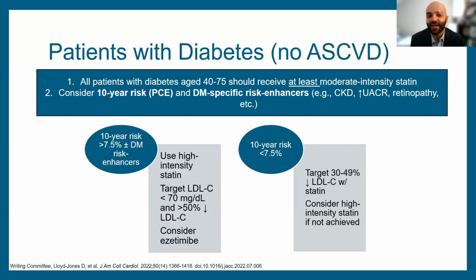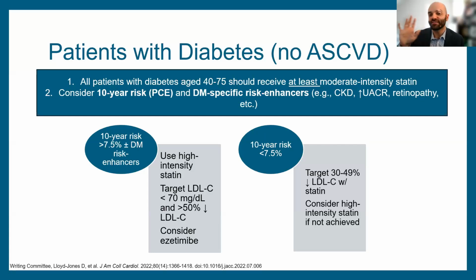When we look at diabetes without ASCVD, it's a kind of similar mindset: we've shifted so that even with a 7.5% risk, you may want to target less than 70 potentially. I keep caveating this, saying less than 55, maybe less than 70, because we really don't have this consensus. While I am in favor of it, I don't want you to run to every PCP you work with tomorrow and start being aggressive, trying to get everybody on here. I think we're still learning a lot more about this data. I would feel comfortable doing this for this reason.